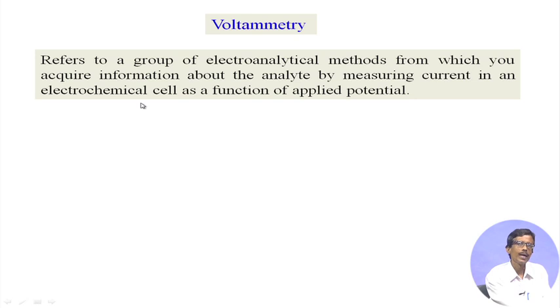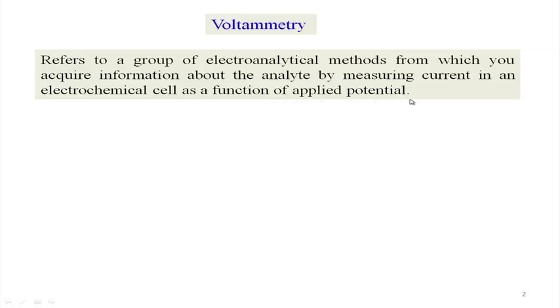So, we are still with that electrochemical cell. Now, we try to measure away from your potential measurement, away from your coulomb charge measurement. Now, we consider measuring the current as a function of applied potential. That means your applied potential will not be fixed now, it will be variable, and with that variation in the applied potential to the analyte, we will find the corresponding current change with that particular process, and we will plot the current versus potential plot, which is your typical